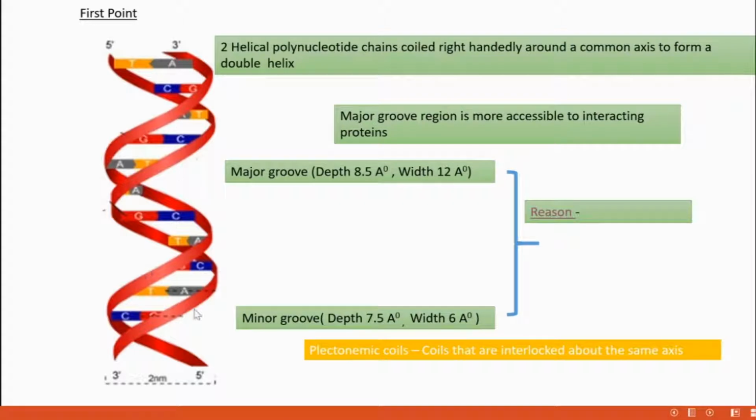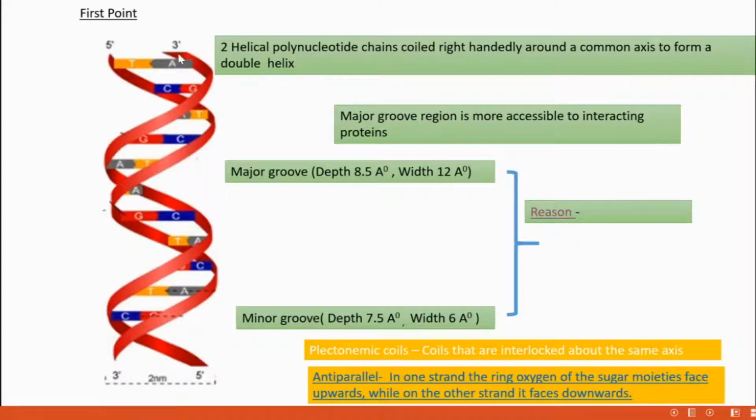And this double helix is called plectonemic coil. Why is it called plectonemic coil? Because that coiling is interlocked around a common axis. That's why this coil is called plectonemic coil. And also this